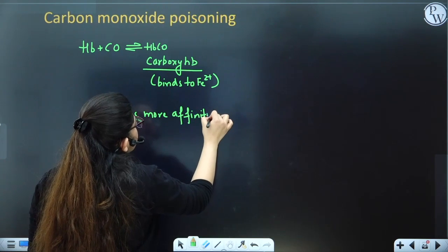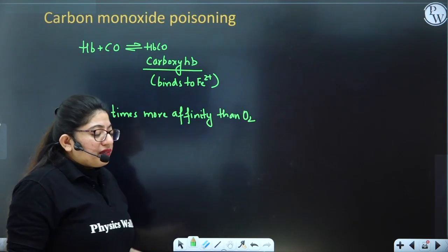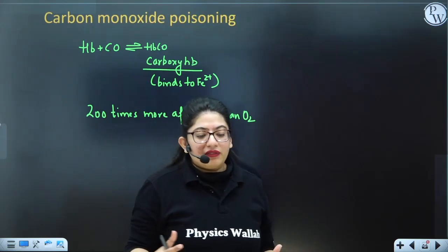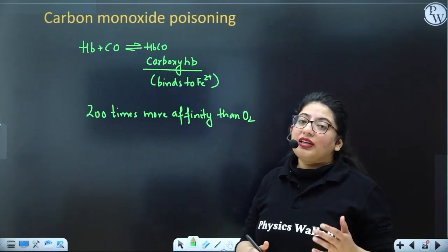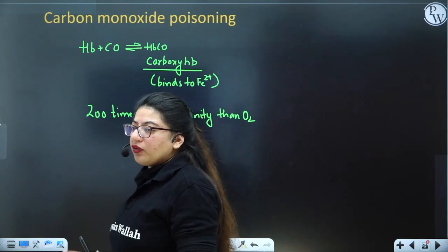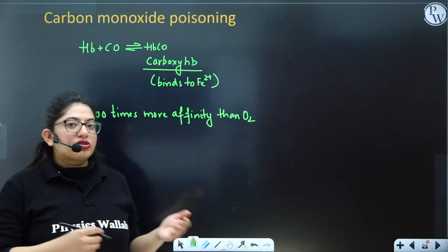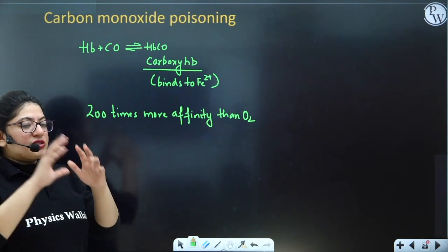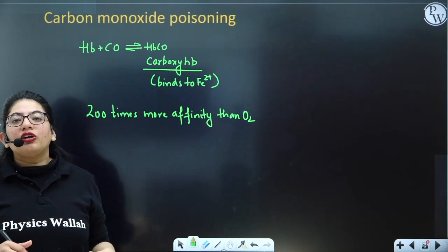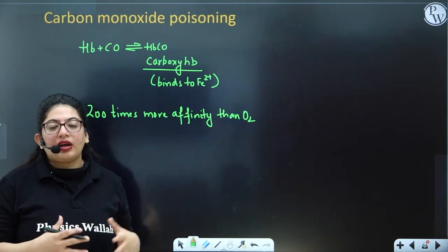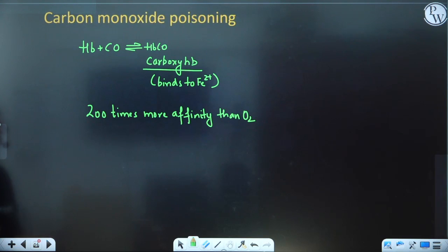This is a gas which is formed during combustion of fossil fuels, right? So if there is a lot of pollution in a certain area, there will be more carbon monoxide and it will bind to the hemoglobin, and this can lead to a serious disorder. Why? Because what do we want? We want oxygen. We don't want carbon monoxide. If the carbon monoxide content is more in the air, it will bind to the hemoglobin. Now no oxygen can bind, and it can lead to suffocation, and a person can even die. Fine. So this is carbon monoxide poisoning.